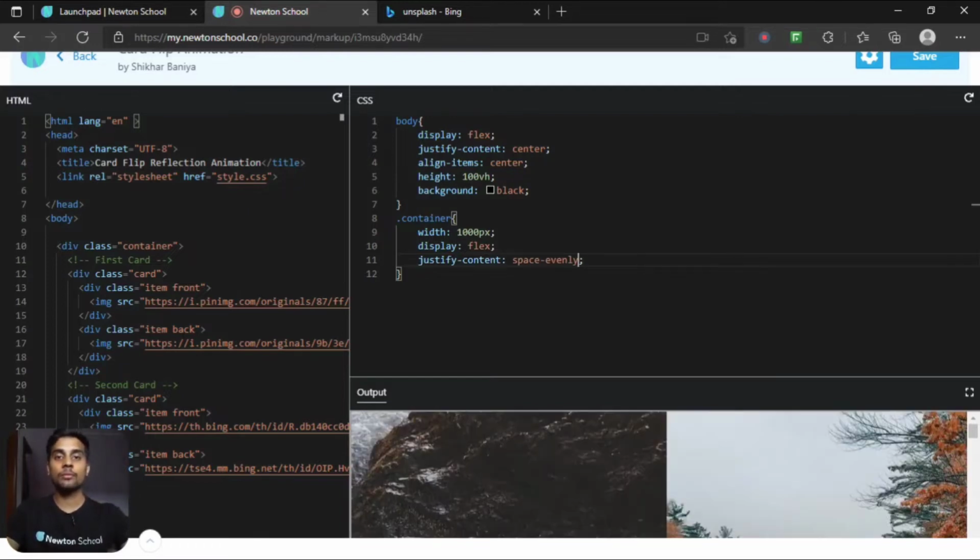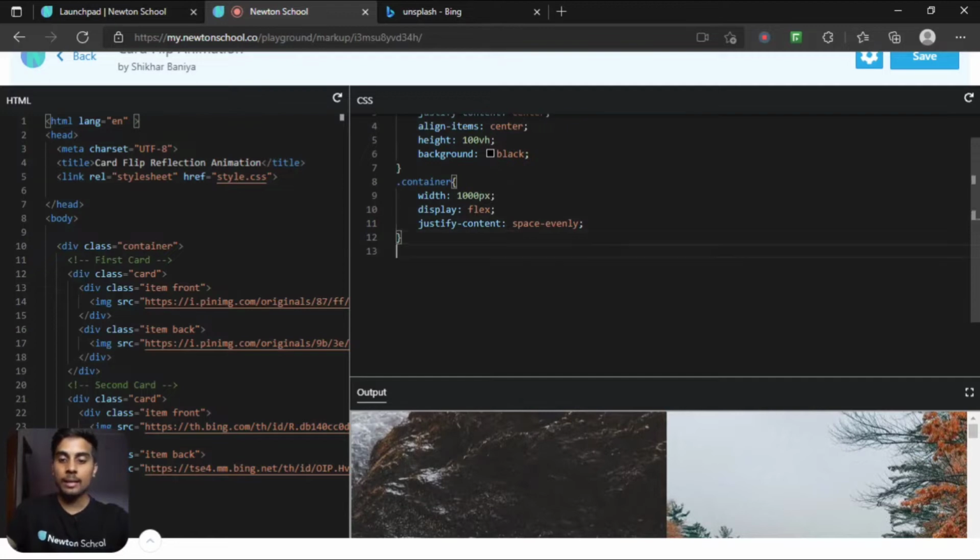So displaying it as flex means it will display all of the images like this, and justify content as space evenly means it will add some space on top, bottom, right and left evenly along all the items present inside that flex. Okay, so that's it.